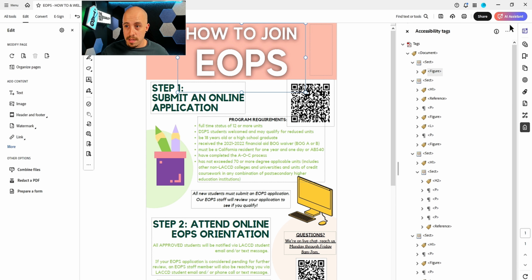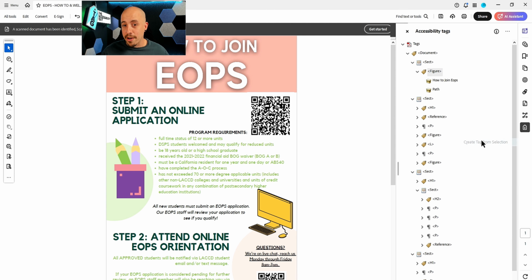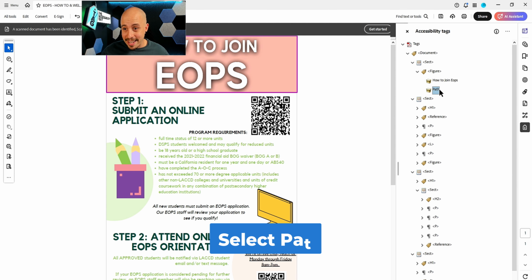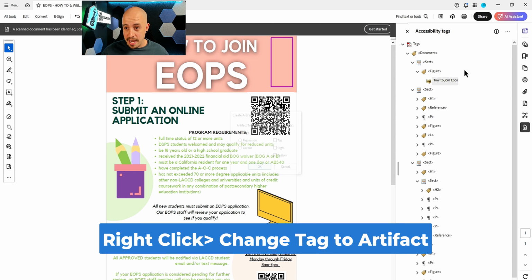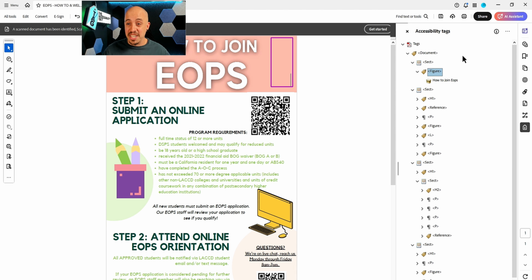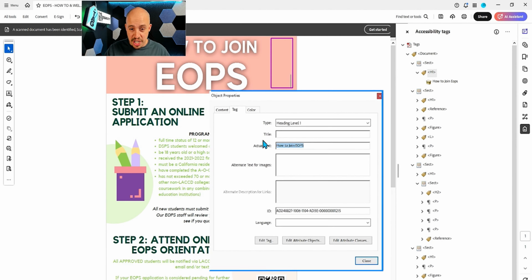Let's try that again. Oh, I think it's because I have the edit window open. So now I can grab the text, now I can come over here and create tag from selection. And now I'm gonna go ahead and artifact that figure tag, or the path, excuse me, and then I can change the figure tag to an H1, and then let's right click it, select properties, and we're gonna change the